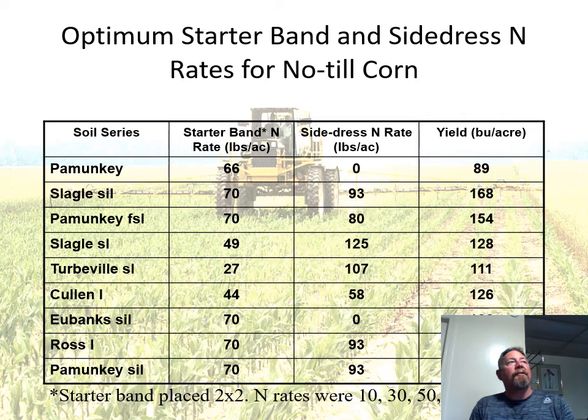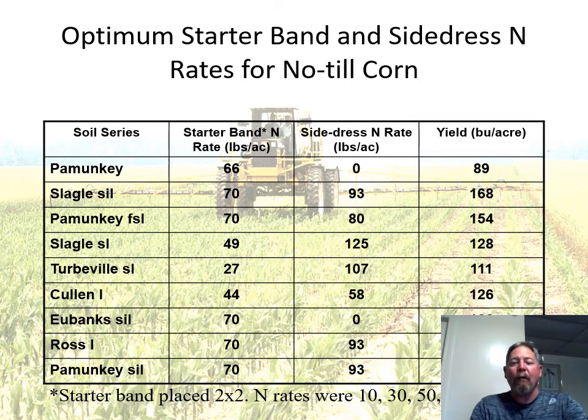So my take-home message is that, across all these soil series, the correct thing to do in terms of starter nitrogen rate was never 0. It was always at least 30 pounds. So that tells me that almost without fail, a starter band application is absolutely the way to go. I understand the efficiencies with planting and the time constraints and all those things, but strictly in terms of nitrogen use efficiency, this is a much better system. And again, across all these studies, the answer was never zero. It was always a significant amount.